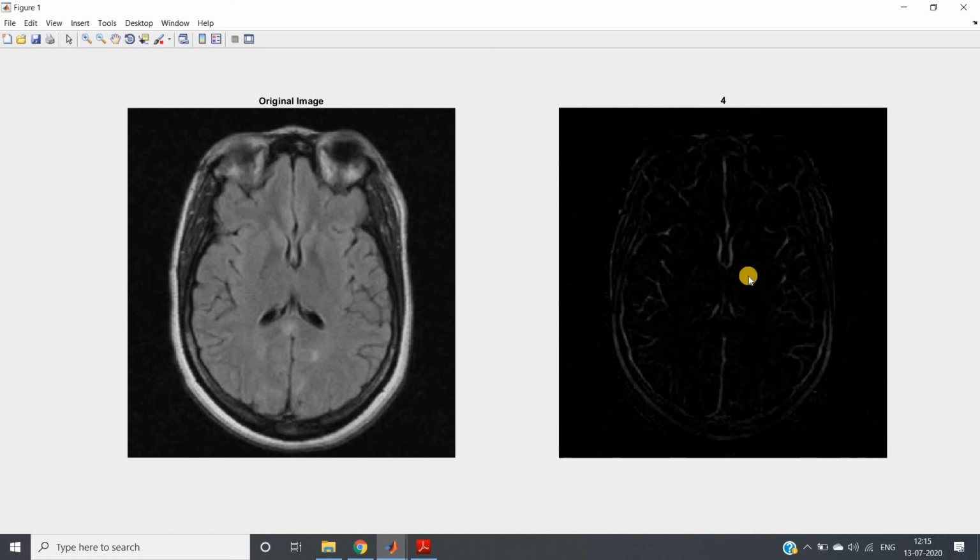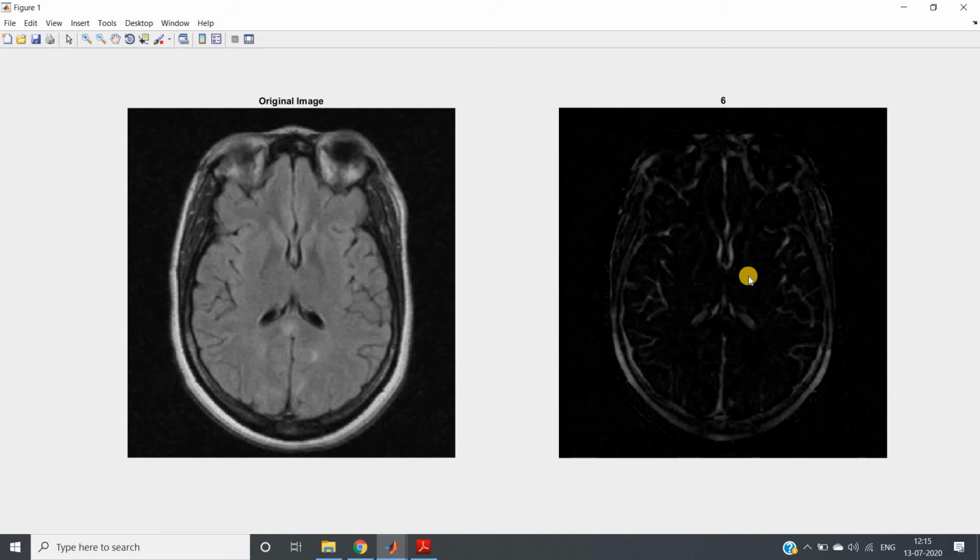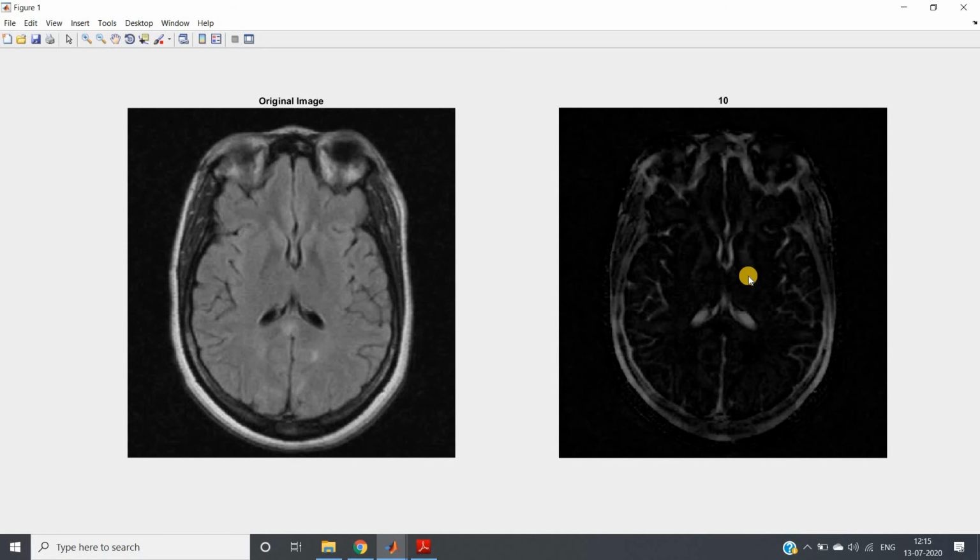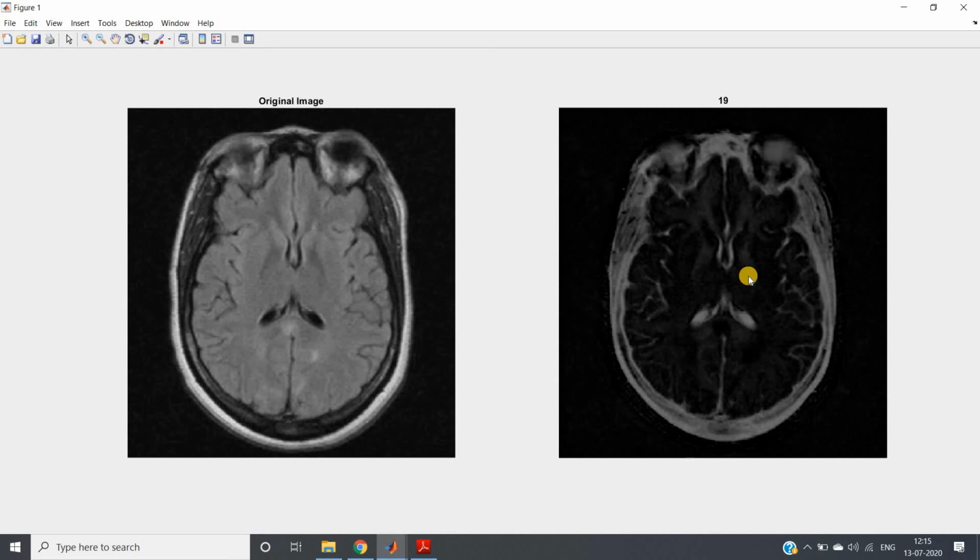See, now slowly it is coming, right? Then 5, 6, 7, 8. See, for 30, which is the maximum structuring element size we have taken, how beautifully it is highlighting that part